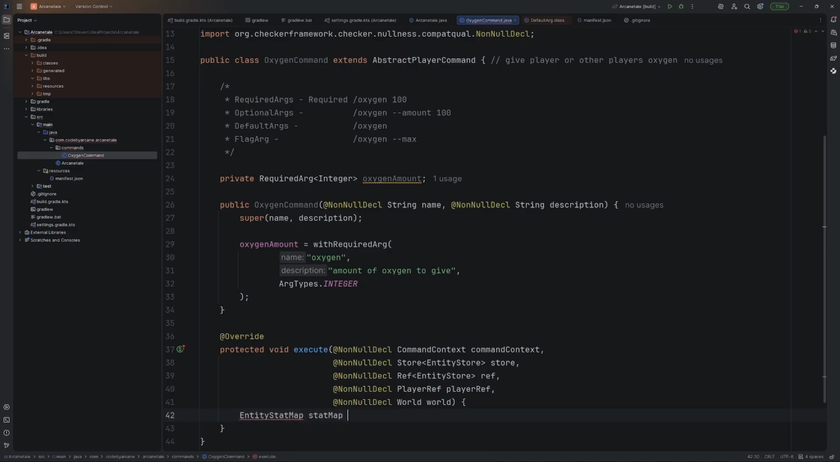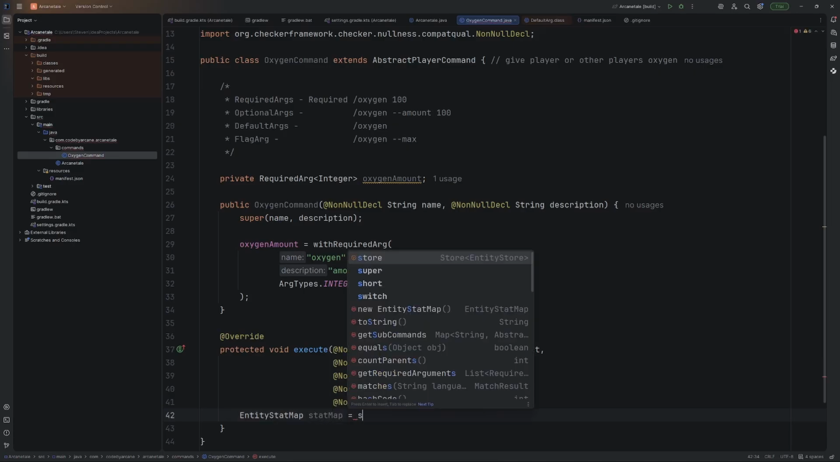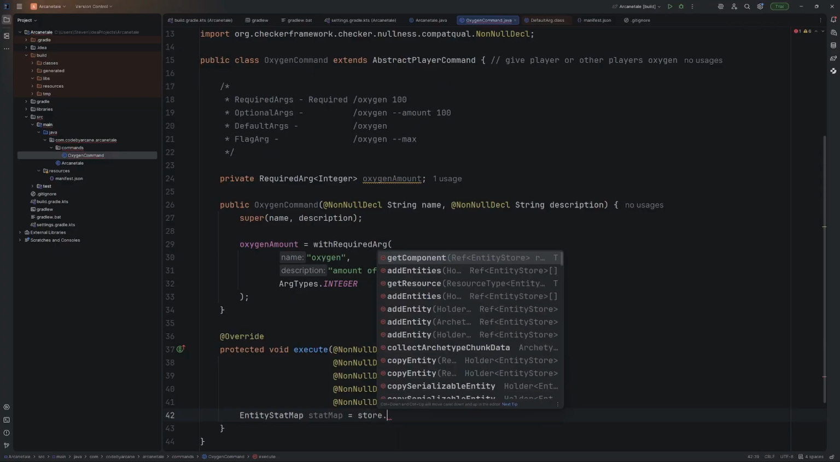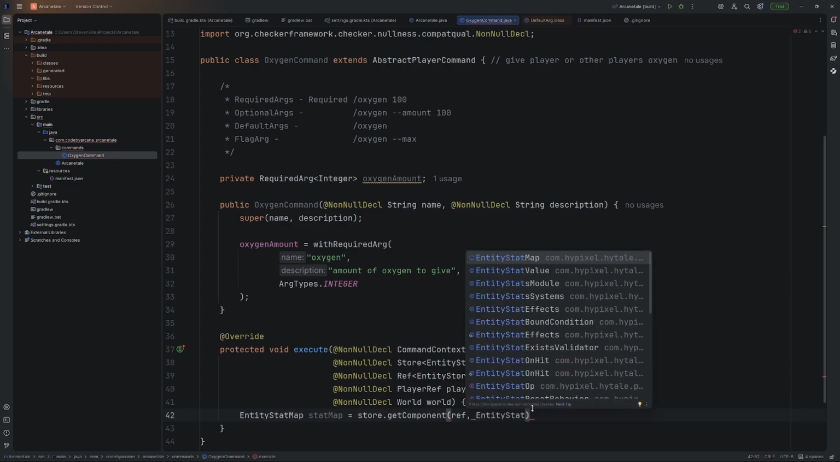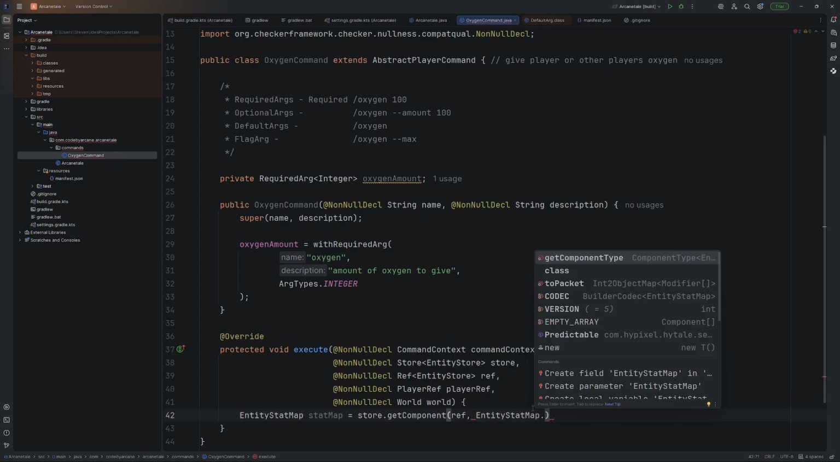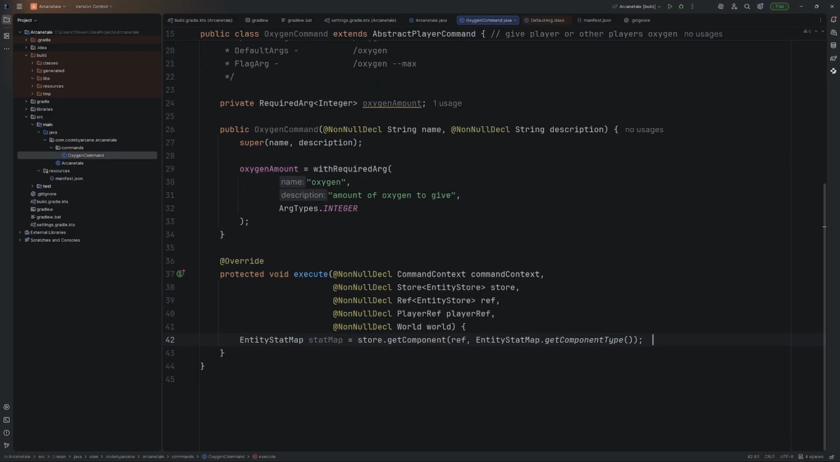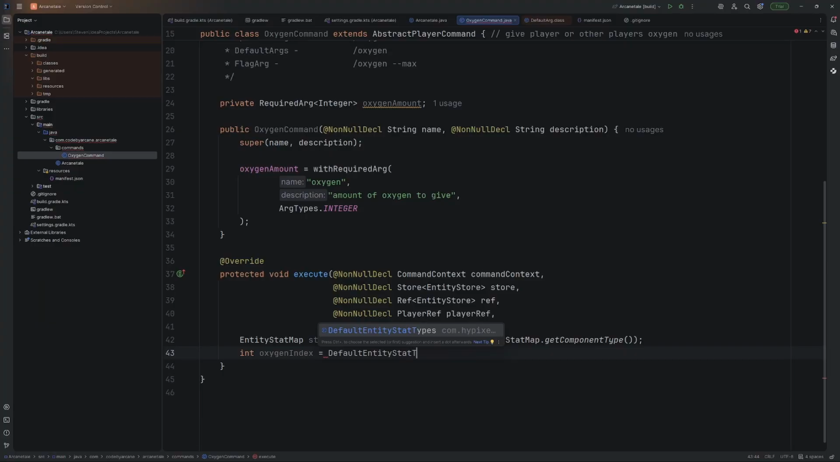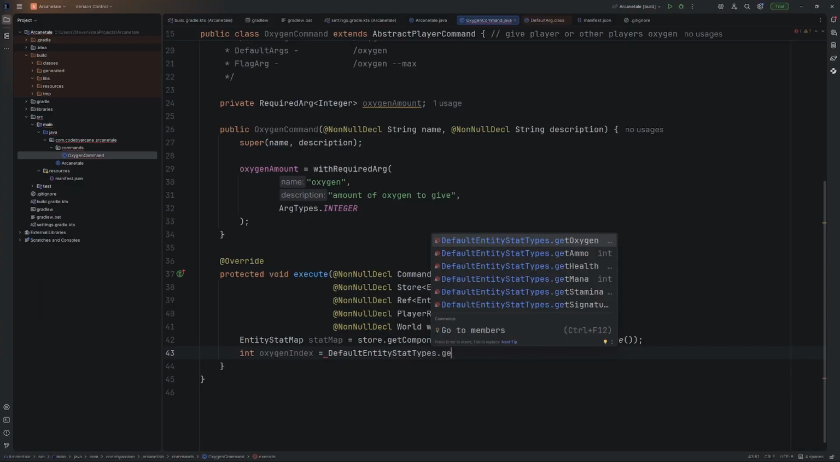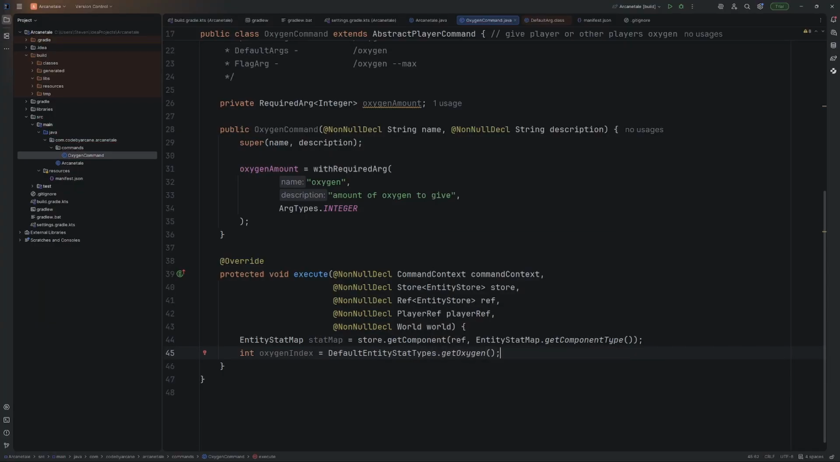So we'll call this variable stat map, and we will set it equal to store.getComponent, and then we're going to use ref and then EntityStatMap.getComponentType. All right, after this, then we need to do int oxygenIndex, and then we're going to set this equal to DefaultEntityStatTypes.getOxygen. All right, after stat map, we could just do statMap